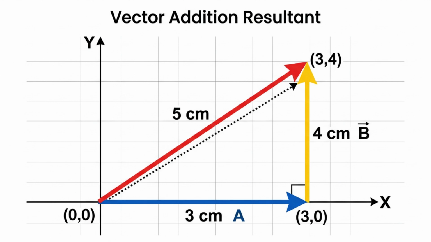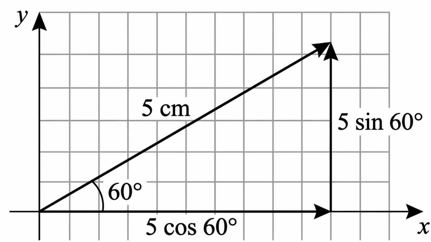Now we can quite comprehend, if we know the angle between 5 and 3 centimeters or 4 centimeters, we could have calculated it from 5 centimeters or from 4 centimeters or from 3 centimeters. But this angle is a bit awkward. So we are making a very standard angle, 60 degree.